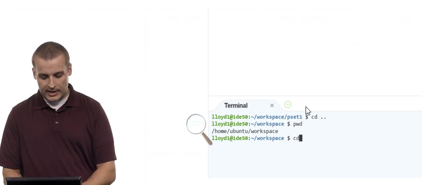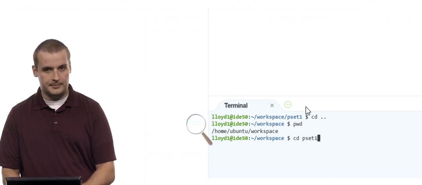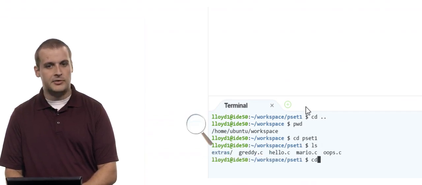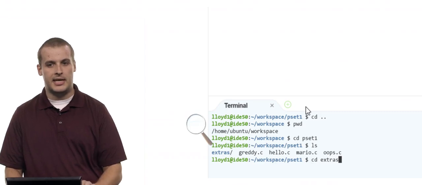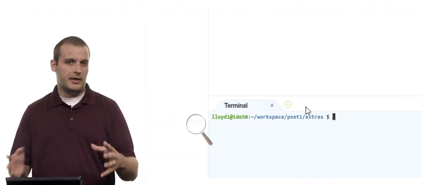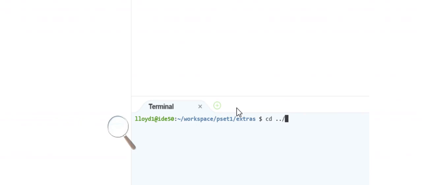I'm going to navigate to my pset1 directory again. And I'm going to list the contents. And I see that I have another directory there called extras. So I'm going to cd into extras, and then I'm going to clear my screen. So now I'm pretty far in, right? What if I want to get back to workspace immediately? There's a couple things I could do. I could type cd dot dot slash dot dot to move up one level and then another level, but that's